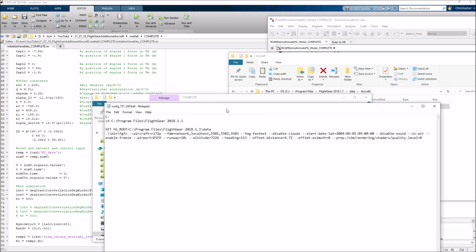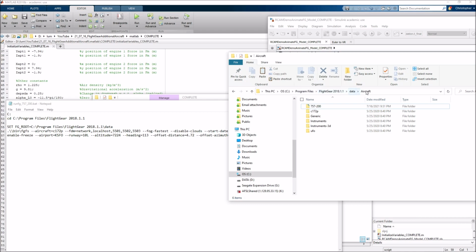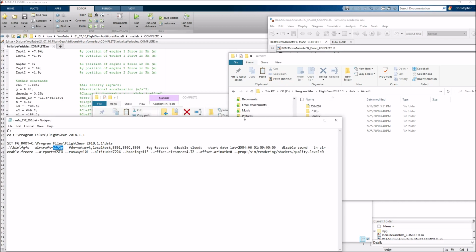Now, what you might be tempted to do is come over here to the aircraft data, and you see, oh yeah, here, there's a 757-200, right? So you might be tempted to come down here into the aircraft option and just change this to match this folder name. But you know what? This is actually not going to work. So I'll prove it to you right now. If you just type in